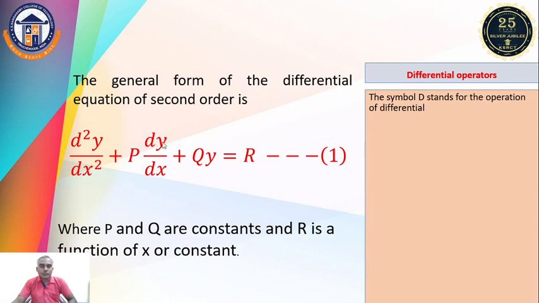So we define dy by dx and d square y by dx square in this manner. Capital D y means we keep the dependent variable y and take d by dx as the differential operator capital D. You will get dy by dx equal to Dy. In the same manner, d square y by dx square equals capital D square into y. So here d by dx means the differential operator.